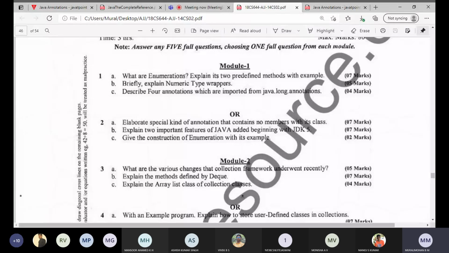After JDK 5, some data structures will not support the primitive types, hence we are going for type wrappers. What is the next question? Give the construction of enumeration with its example. Enumerations with respect to constructors.